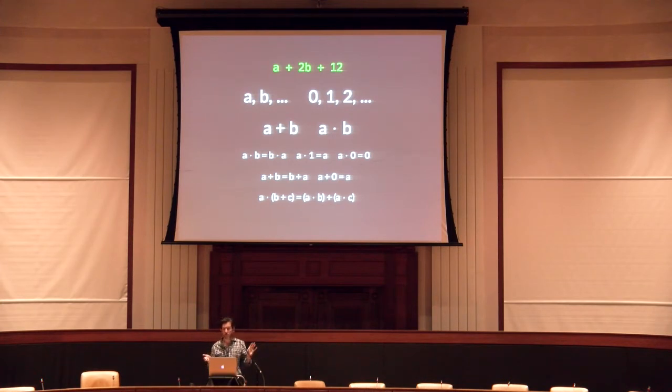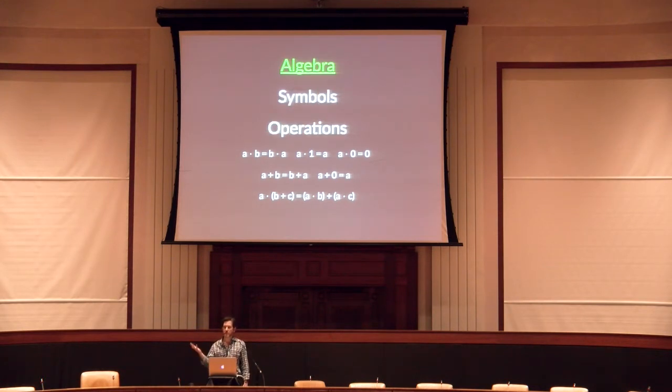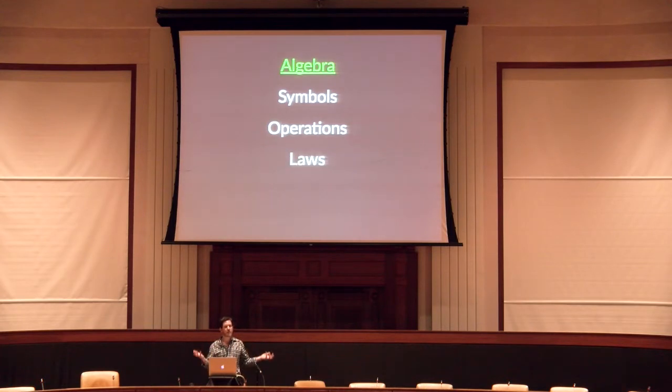If you add 0 to a number, you get the same number back. If you multiply by 1, you get the same number back. It doesn't matter if you add this way or that way. We've internalized them, but sometimes we get to write them out. Sometimes we read it in the math book. I'm going to say that an algebra has these 3 parts. There are going to be some symbols, there are going to be some operations, and there are going to be laws that govern how they interact. You don't multiply 2 numbers and get a donut. You multiply 2 numbers and you get a number.